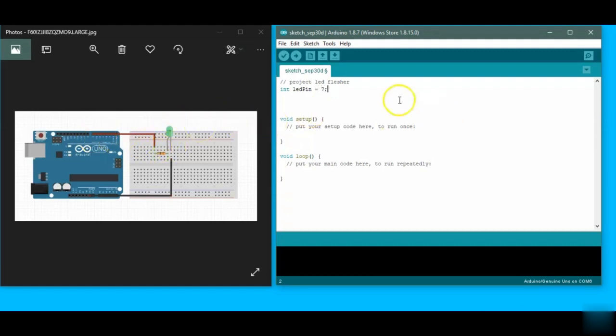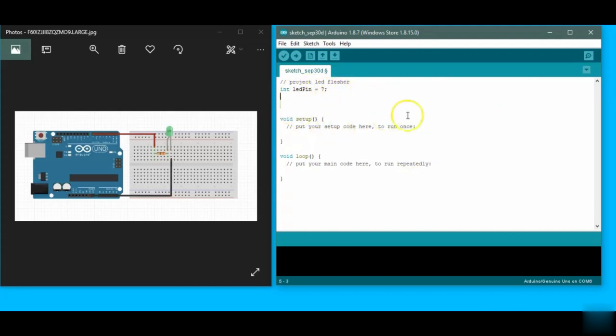Like C, because it's an embedded C type language, we have a variable which we have to declare here, the LED pin variable. Most of you have already seen different codes and get confused about why we declared a variable here, because we did not use it anywhere in the code, and why we assigned a value 7, because it's just a constant and still we are giving it a variable name. I will explain it in the setup when we reach setup. Here we have given it pin number 7, and then we have the setup.